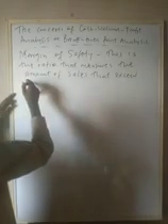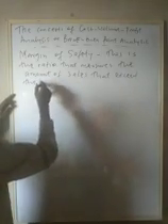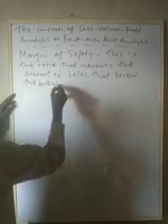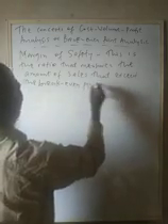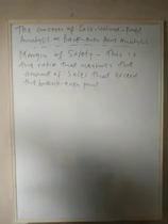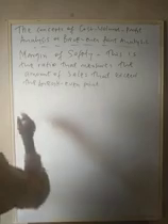In other words, margin of safety is the revenue earned after the company